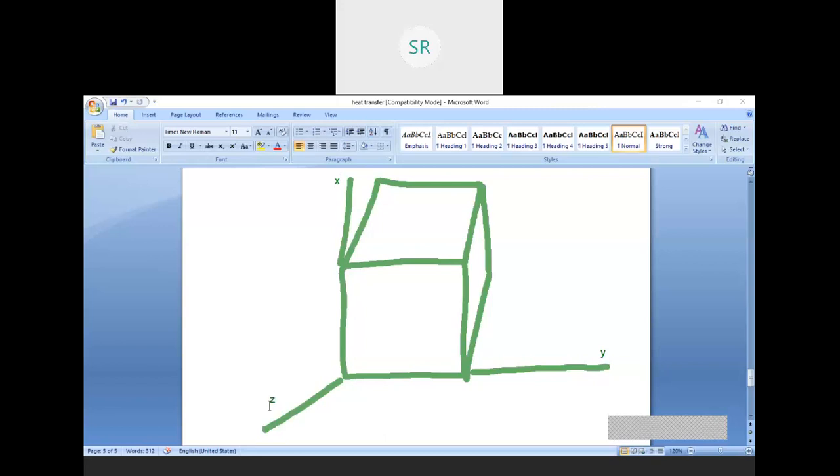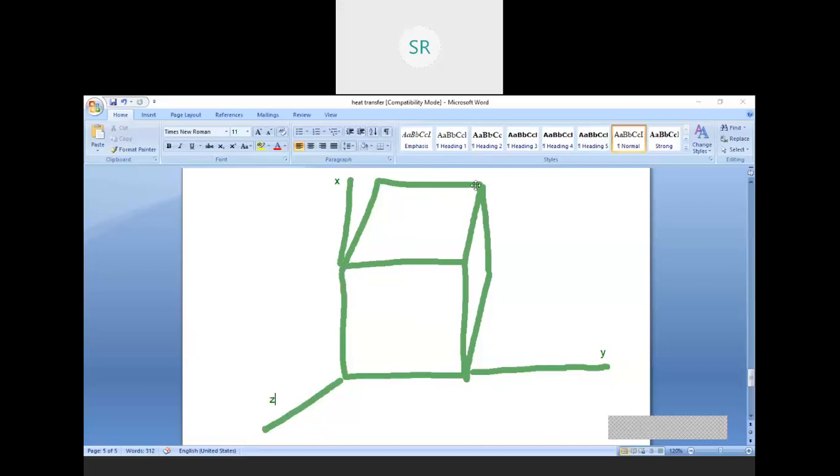Okay, so now this is the cubic crystal. Say I'll take this as a silicon cubic crystal. So now say what I want is, say now there is x, y, z. So now this is x, this is y, and this is z. So what I'll do is, say I'll take this face, this is the top face.